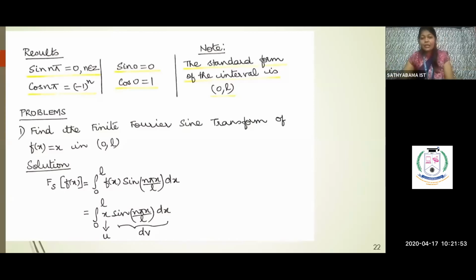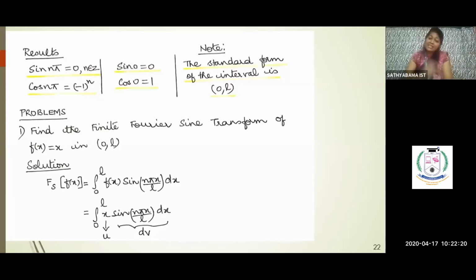Now, what is cos n pi? It is minus 1 power n. Now, this is something that you have to remember. How did I get this formula? See, I know cos pi, cos 3 pi, cos 5 pi, they're all minus 1. And I know cos 0, cos 2 pi, cos 4 pi, cos 6 pi, they're all plus 1. So it's alternate plus 1, minus 1, plus 1, minus 1. That's how I get this formula, minus 1 power n. Put n equal to 1, cos pi is minus 1. Put n equal to 2, cos 2 pi is plus 1, like that.